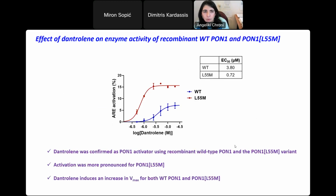In order to confirm that dantrolene has the capacity to activate PON1, we expressed wild type and the L55M PON1 in recombinant form, examining the capacity of dantrolene at increasing concentrations to induce the activation of PON1. It was confirmed that dantrolene is a PON1 activator, and actually the activation was more pronounced for the variant L55M PON1. Further enzymatic analysis showed that dantrolene induces the Vmax of the enzymatic reaction for both wild type